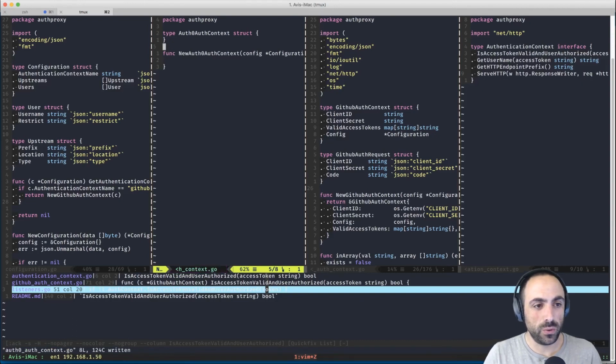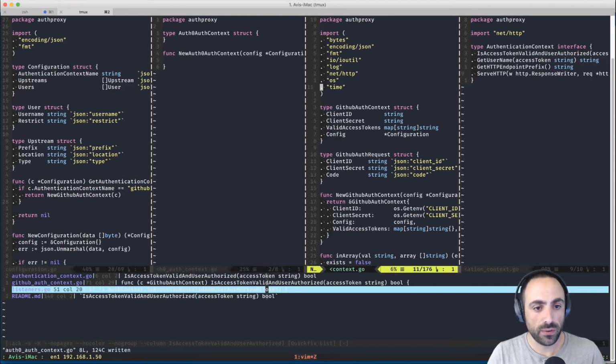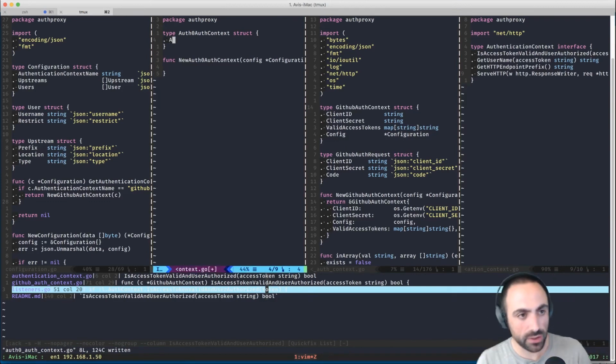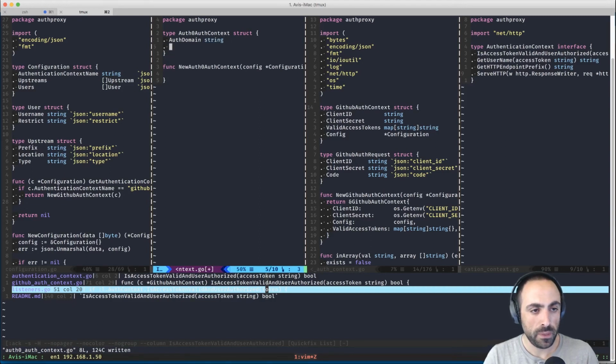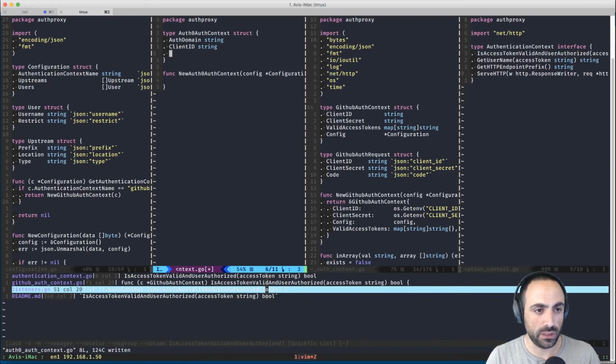All right, cool. So this will accept the config, and this will likely require an auth domain, which is going to be a string, a client ID, which is going to be a string, and a client secret, which is going to be a string as well. And I think what we also need is the cookie name, which is going to be a string.